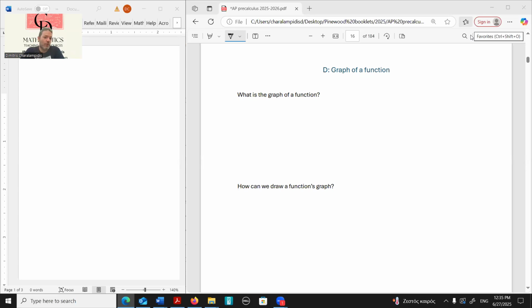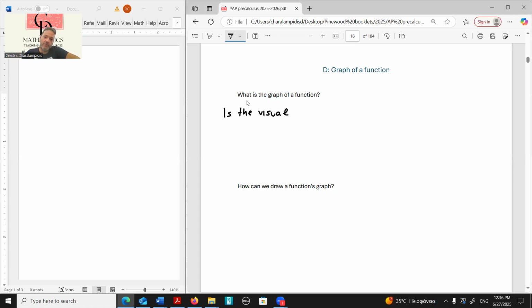So we all know, we can all identify a graph when we see it, but what is the graph of a function? How could we actually define such a graph? Although there's no official mathematical definition, I would say that the graph of a function is